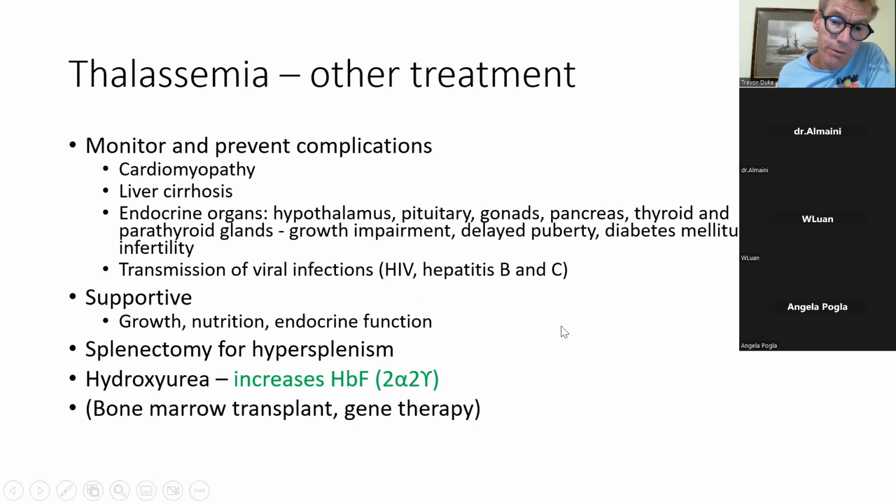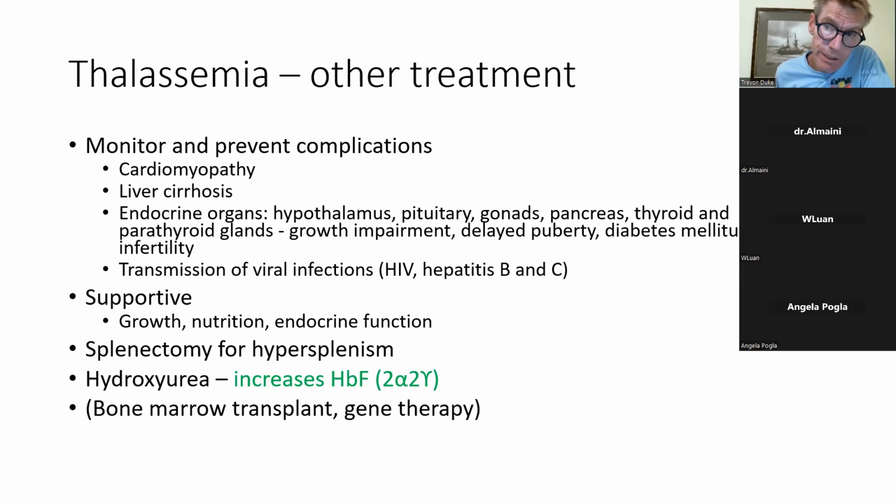The other treatment for children with thalassemia is really supportive. They're trying to provide them with adequate nutrition for growth, and I think psychological support for them and social support for their families is very important. Sometimes splenectomy is tried if they've got a really massive spleen, because that can reduce the amount of haemolysis they have. And also there's a drug now called hydroxyurea, which is good if you've got